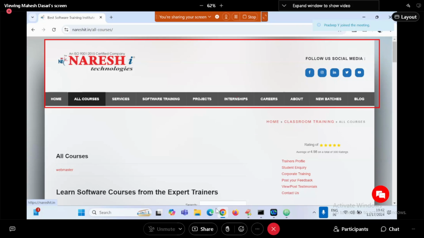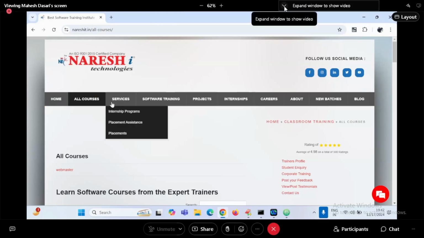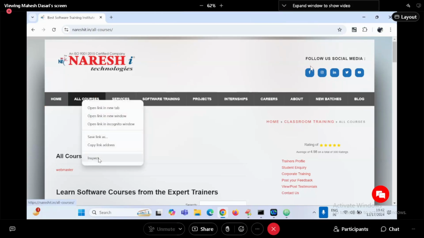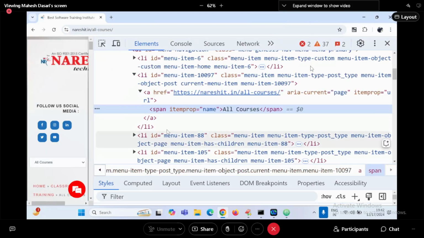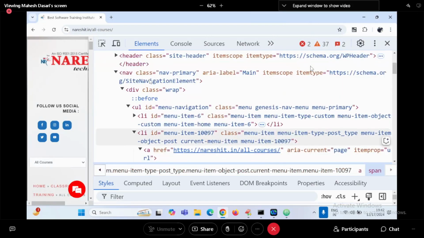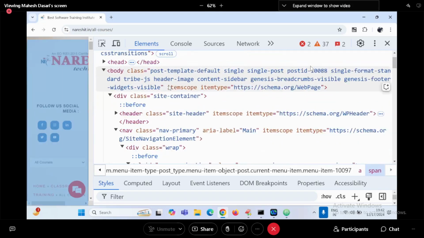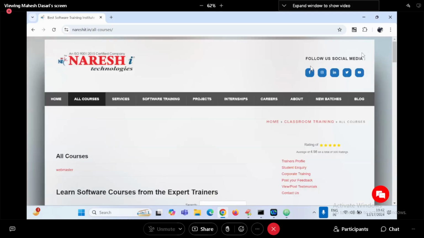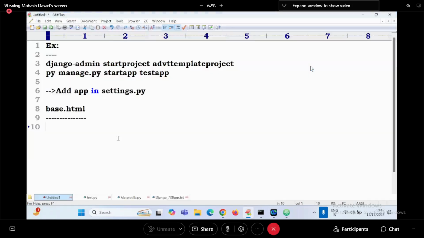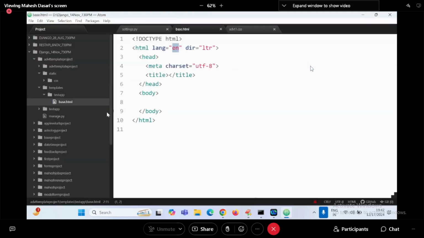For that I have to take one base.html. It is called a navigation bar. Here, how they are taken: span, anchor, li, this is the navbar, nav primary available. Same like that I have to create it. That is the concept. One header part and menu options should go to all the pages. So in base.html,